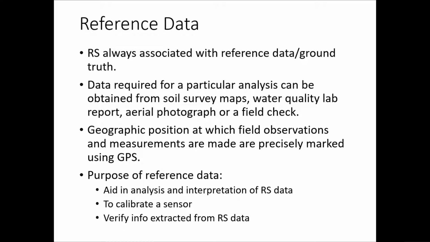You should be able to compare it with the actual ground truth, right? The initial image, the sample or reference data you have, might have already been correlated and checked. Maybe you take an aerial photograph, you mark a particular coordinate, and you go to the field and identify that at this particular point the feature is so and so, and what it looks like in the aerial photograph. So you go to the ground and identify what the ground truth, or the reference data, is, right? Based on that you can identify a future aerial image, right?